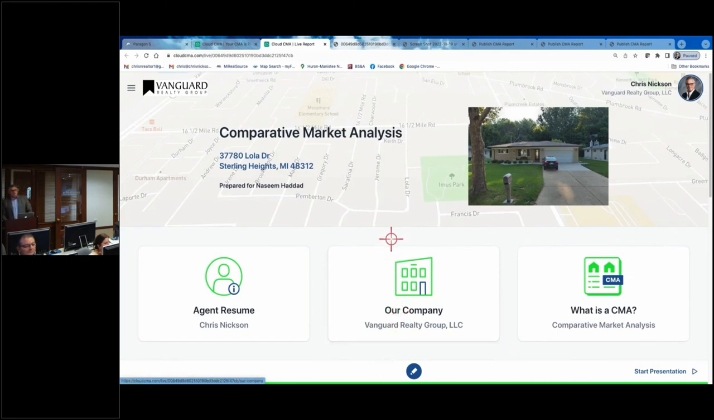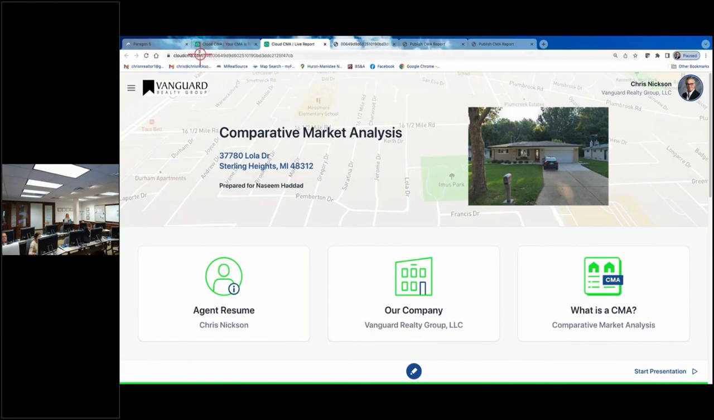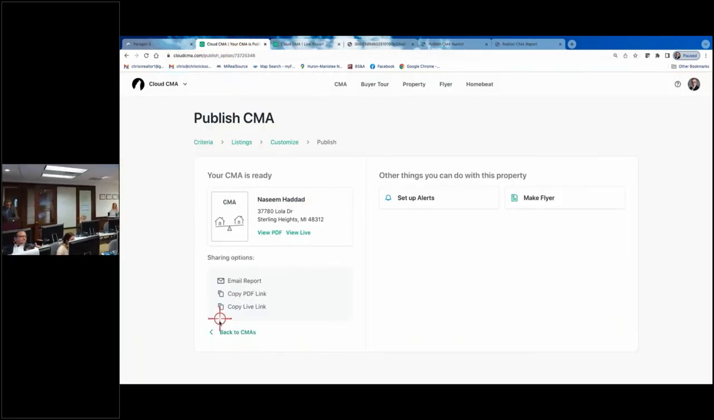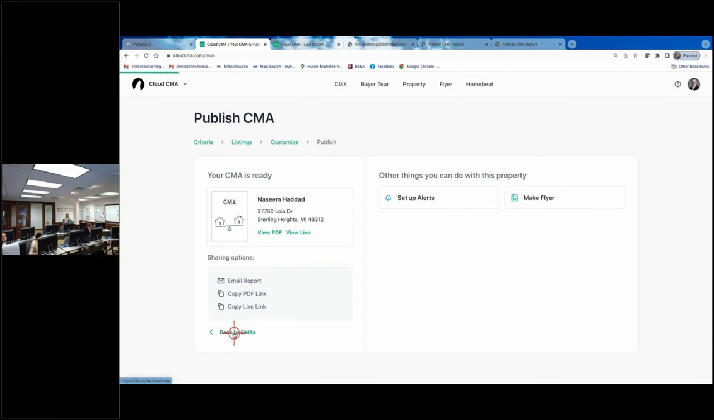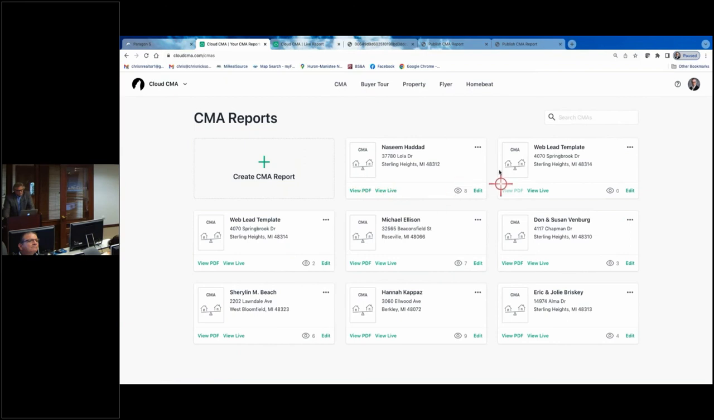I haven't had cause to really go out and use it a whole lot, so I'm not as familiar with how to use it live. The other thing that we're able to do is if we go back to the CMAs, on your title block right here, you have these three dots in the upper right corner. You also have view PDF and view live from right here, and of course edit. In those three dots, you can also copy the PDF link